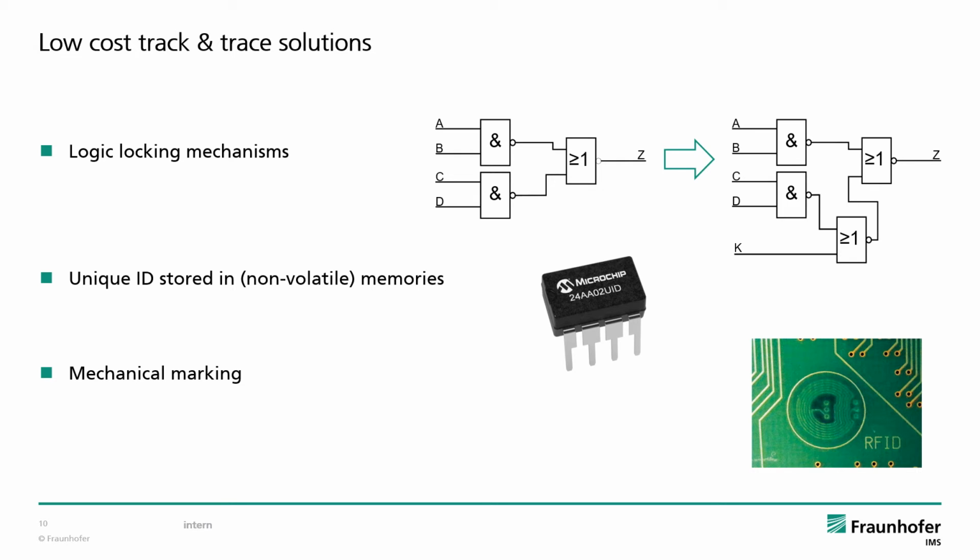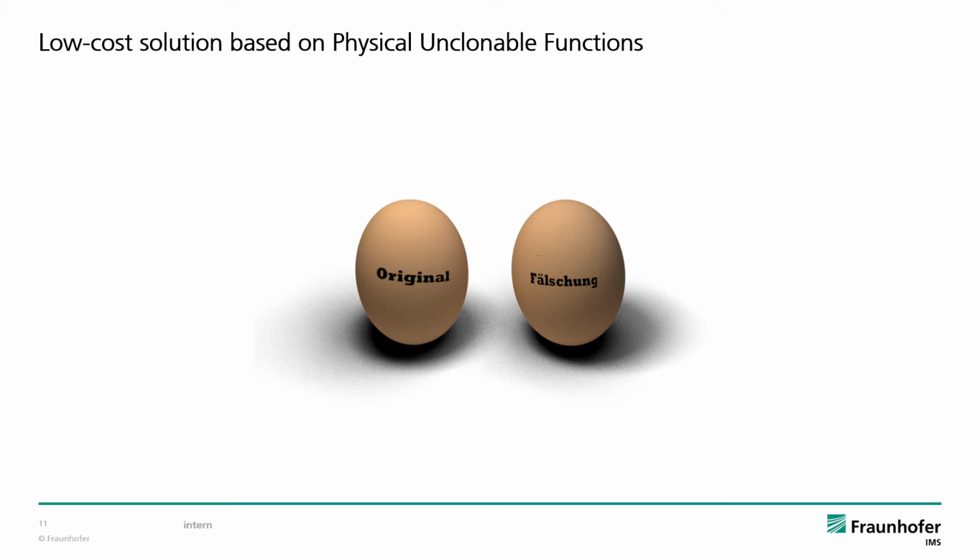Other solutions even rely on placing small ROMs with unique identifiers on the manufactured PCBs, or embed RFID chips right into the boards. One of the oldest techniques has also been revitalized and applied to dies, engraving an individual laser marking into the back of the die. We develop a low-cost solution for the identification of RISC-V chips based on so-called Physical Unclonable Functions, or PUFs.